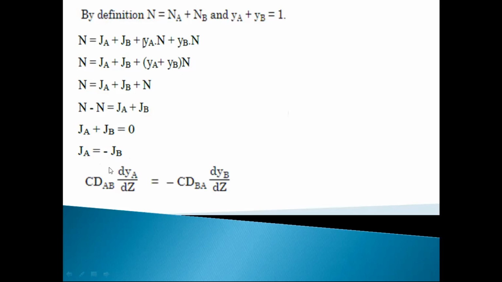Okay, this is your final result, but we are now putting in the values of Ja and Jb. This comes from Fick's law. Ja is equal to minus C DAB dYA by dZ. We already saw that according to Fick's law, J is directly proportional to DAB into dYA by dZ, and Jb is equal to this. Just put in the values of Ja and Jb. So Ja is C DAB into dYA by dZ, and Jb is equal to C DBA into dYB by dZ. See here, this is Ja, that's why it is DAB, and this is Jb, that's why it is DBA, and the concentration gradient also changes. So this is your final result.